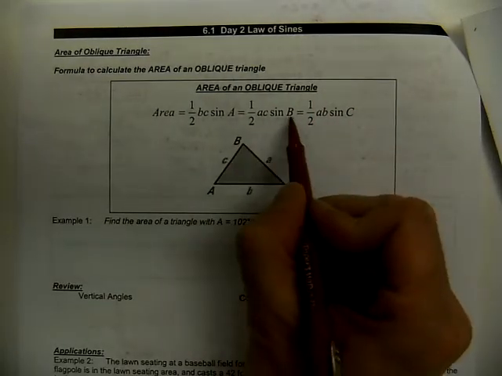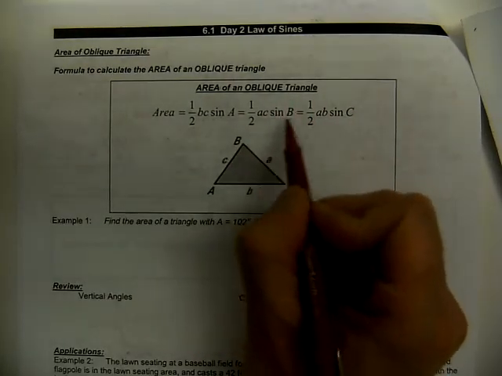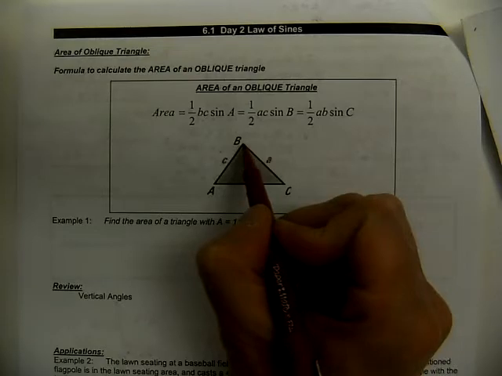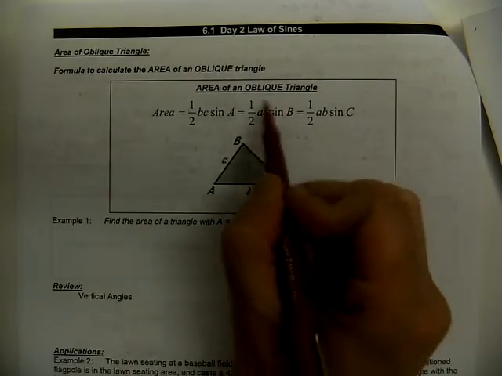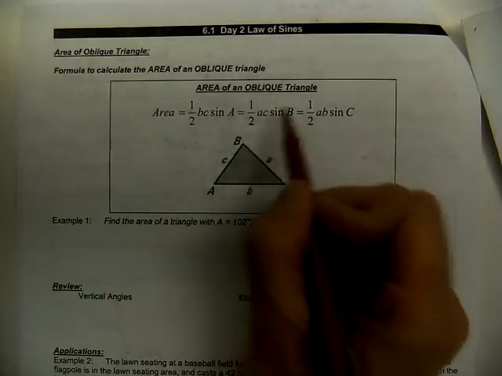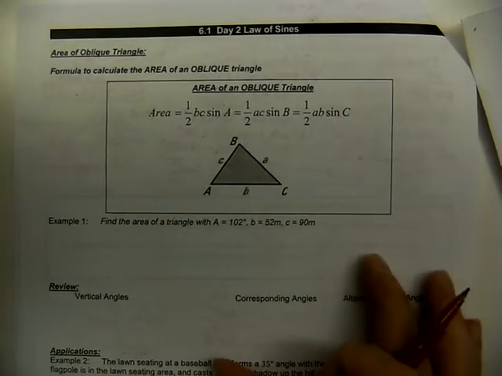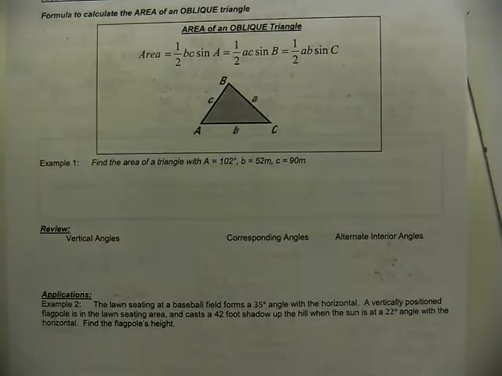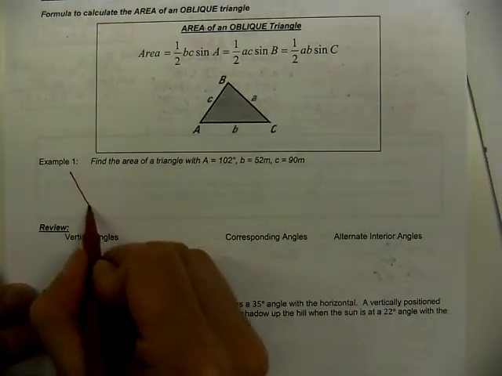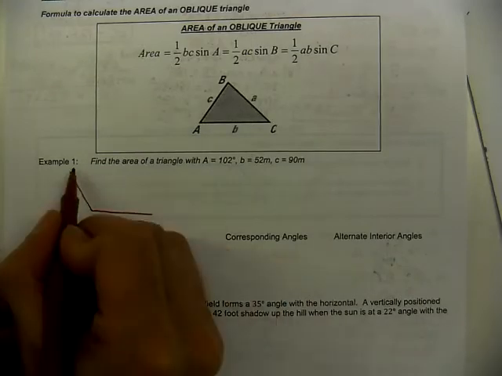Here's just another variation of that if you happen to know angle B. And in that case, the sides are A and C on either side for that side angle side pattern to work. And sure enough, there's the A and the C. So that's what they're saying with each of those patterns. So there's really not too much going on here. It's just a matter of dropping in the values and throwing them at your calculator